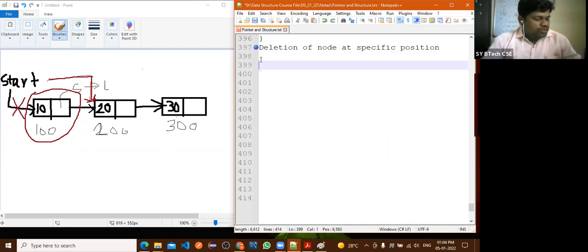Now, when you want to delete the node at any specific position, right? So the first thing is